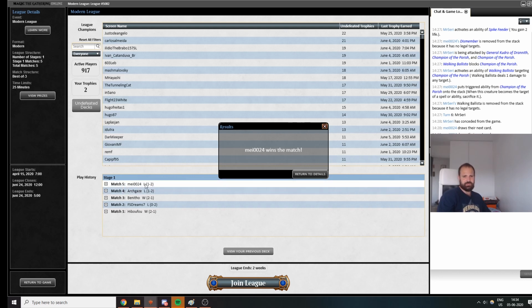And then the last match against Humans, lost game 1. They really had six creatures in play turn 3, I think, or turn 4, which was hard to deal with. And game 2 we won. They had a slow start and we had a faster-ish start. And game 3 they just had this most...